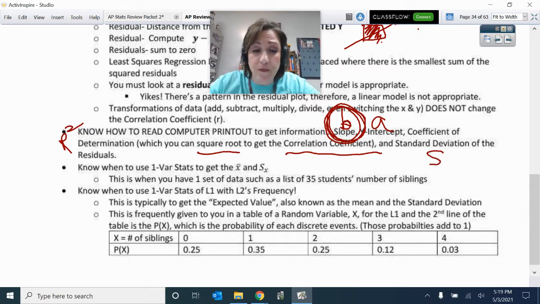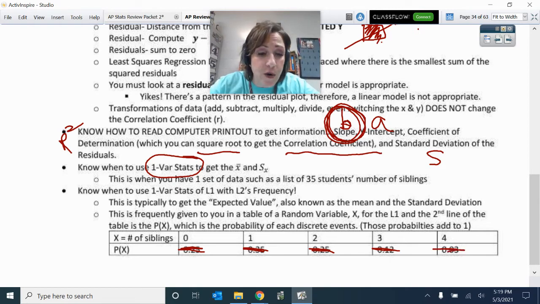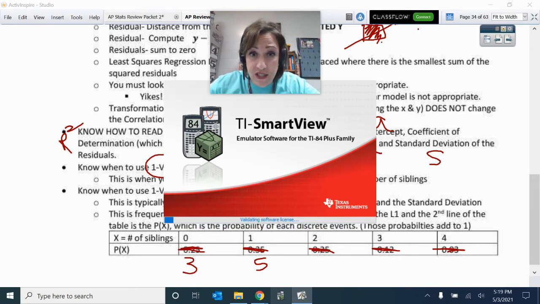All right. Now, if we are given just one list of data, then you can just get that one list of data and put that in and do your one variable statistics. But we've seen problems where they have a frequency. Maybe even if they don't do this in terms of probability, if they didn't do a probability distribution, which we'll actually talk about tomorrow when we talk about doing the probabilities, but what if they said 0 happens 3 times and 1 happens 5 times and so on and so forth? Well, suppose that you have something such as that, then